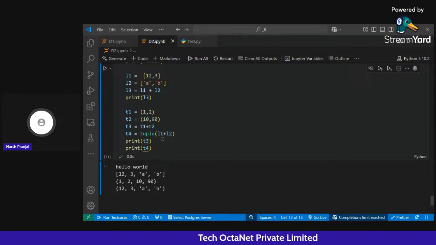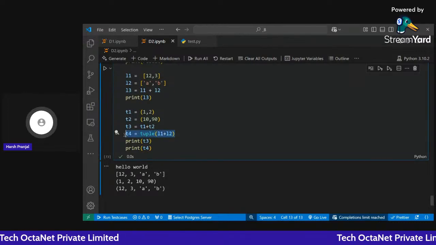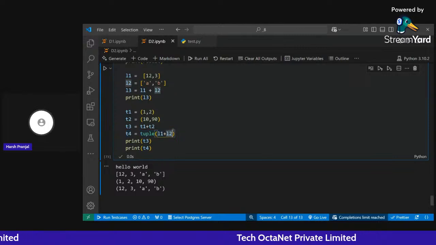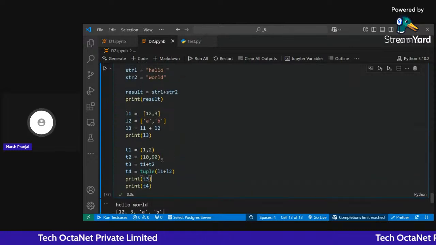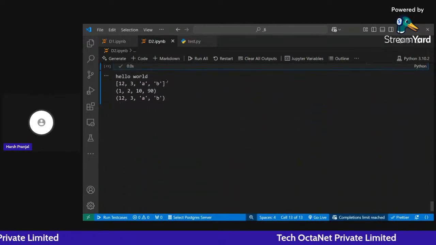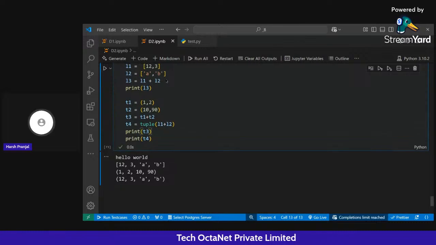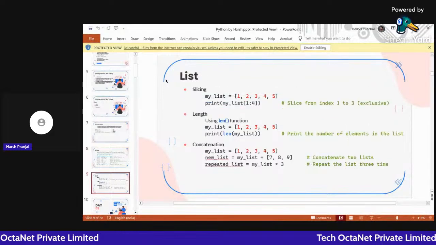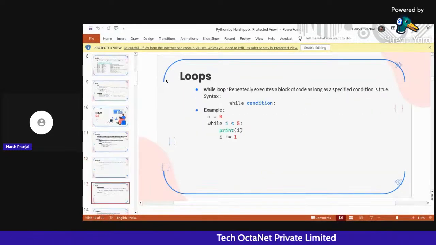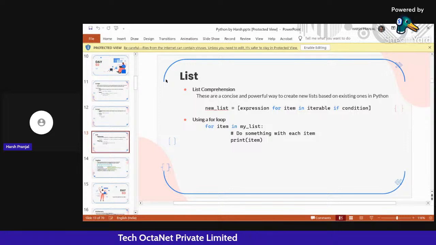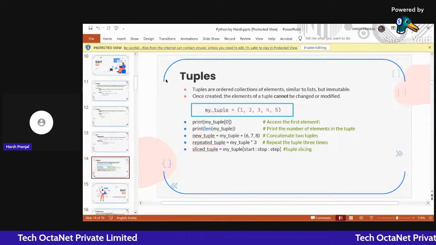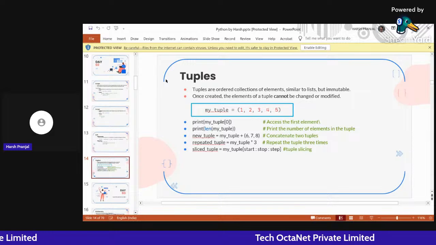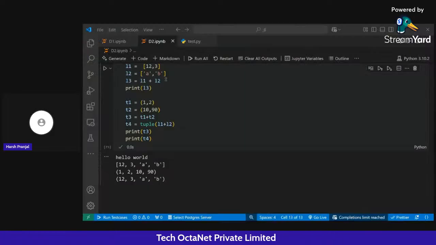Both list L1 and L2 are added to create a new list, and this is basically a type conversion. Okay, converting a list to a tuple, creating a new tuple using some pre-existing list. That's it. So list supports concatenation, tuple supports concatenation. Okay,